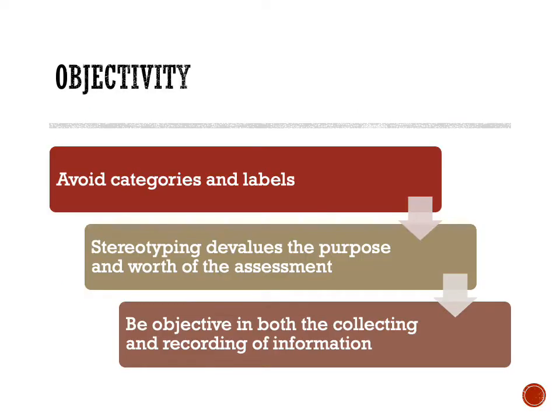So talk about this idea of objectivity. Now, when we talk about objectivity, that means that we don't sit and add labels and stereotypes to the children. So we don't write down that they're obviously autistic, they just haven't been diagnosed yet. We can say they demonstrate many of the categories that might lead to a diagnosis of autism. We can say certain things in our writing, but we don't want to put a label and give that as